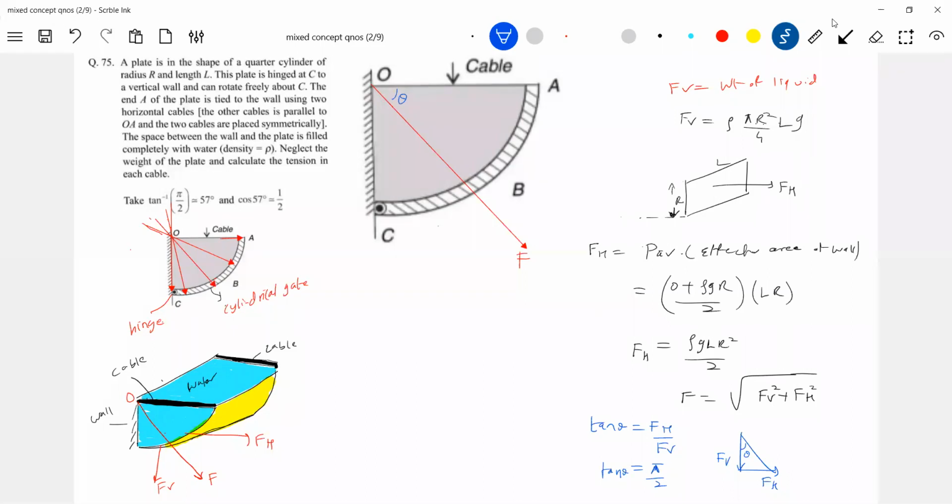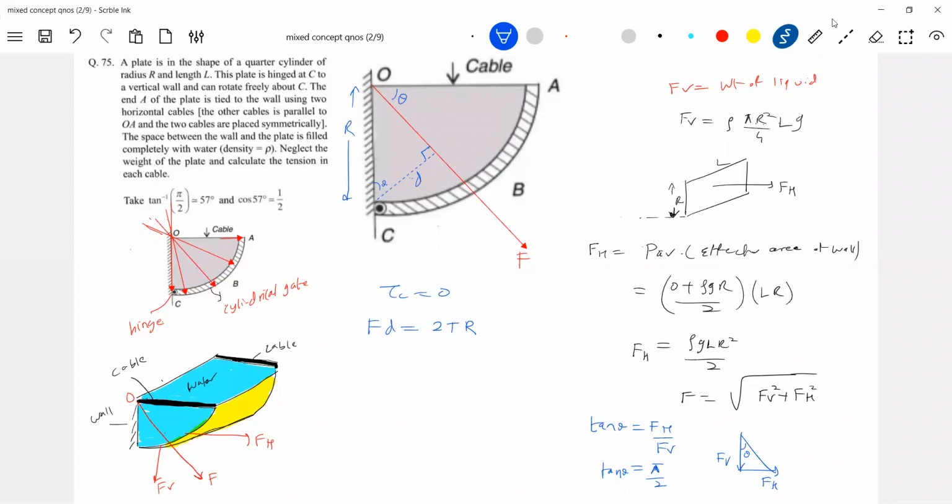So I want the torque. So for the torque by the liquid, I'll go for the perpendicular. Let me draw a perpendicular. So this is 90, this is theta, and this is R. Let's write D. So what is the torque? For this to be in equilibrium about point C, the net torque about point C should be 0. So F into D should be equal to 2T into R.